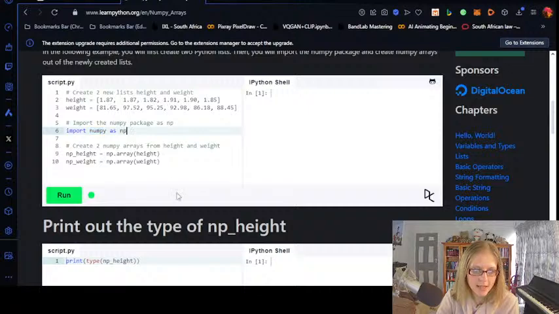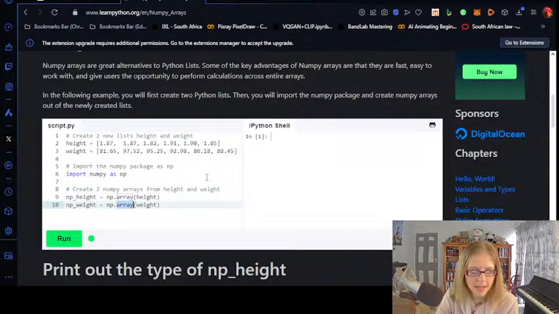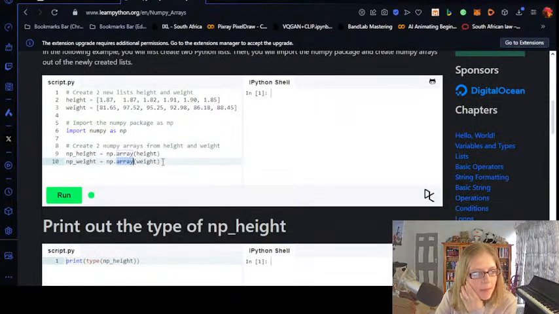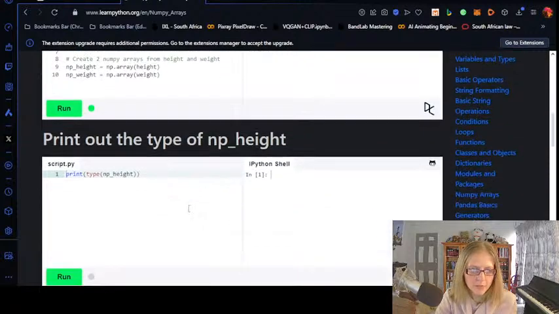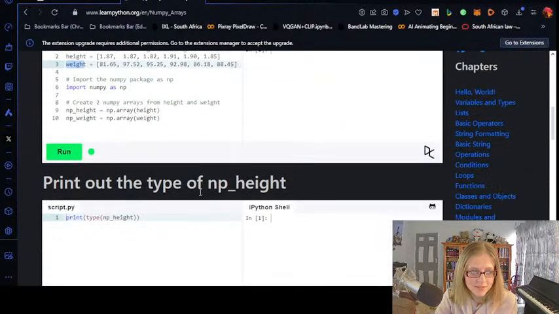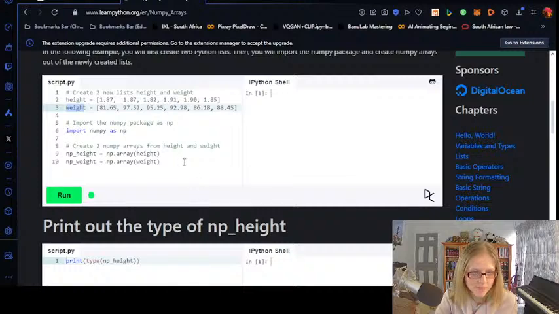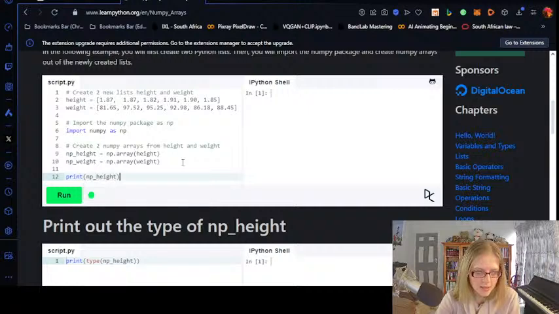We've imported it as np, and we basically create an array. And remember, within that, we are taking the height and the weight. So if we run this code, let's see what happens. So we probably have to print it out. Should we try? Let's say print np underscore height and